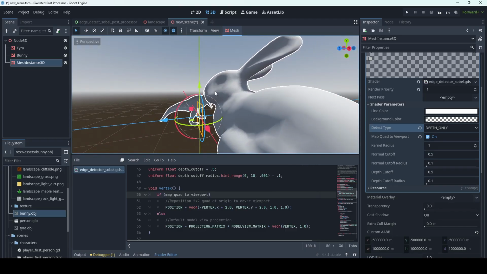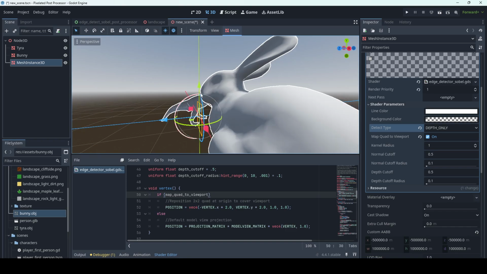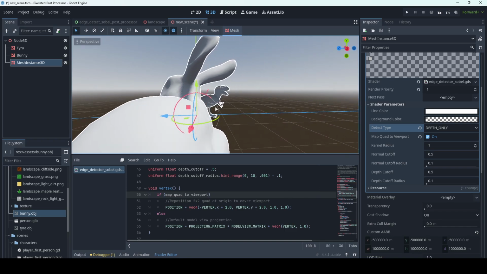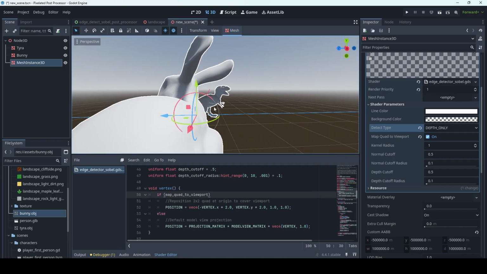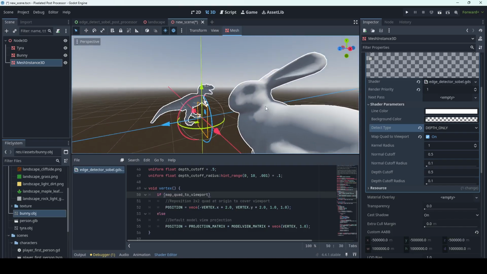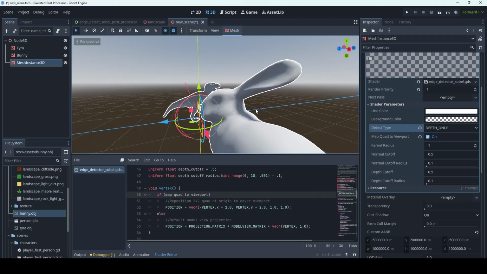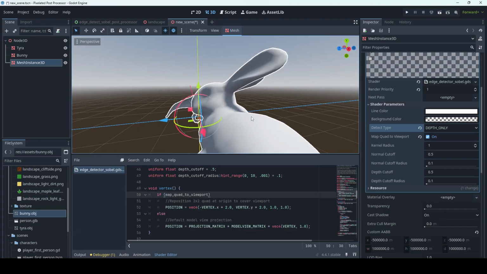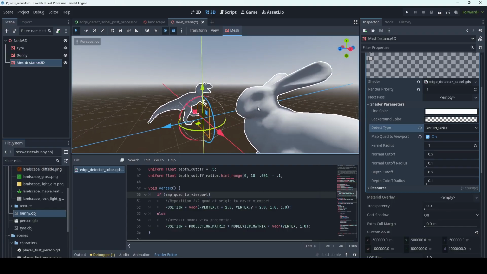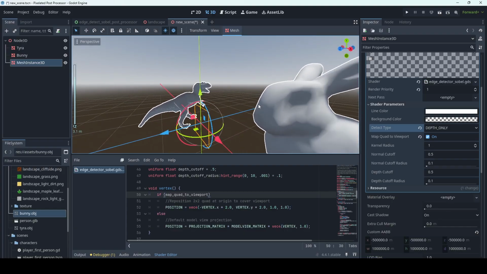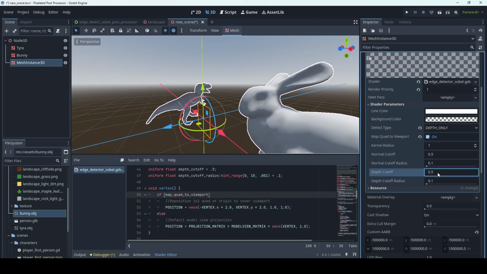And you can see that whenever we have the rabbit sort of overlapping the dinosaur in the background, there's a nice clear outline there where the rabbit outlines the dinosaur. But for a much more subtle depth, like its neck and its body here, that isn't wide enough to be able to tell the difference. Now you can play around with depth cutoff to make that more or less precise,